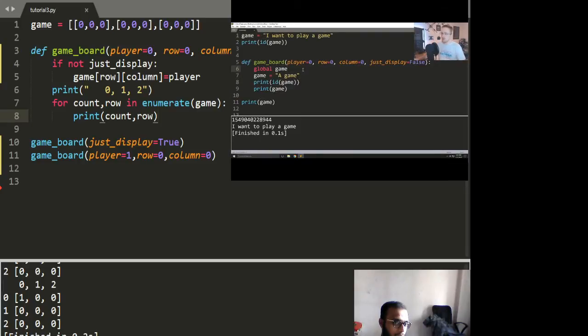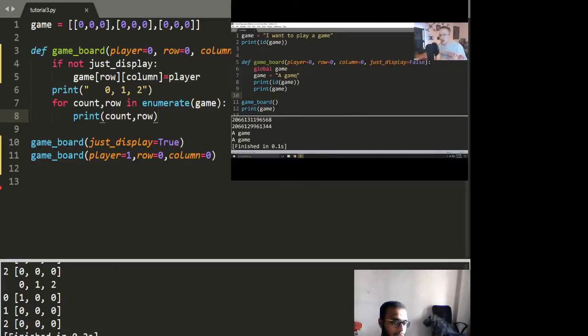So for example, if we run this, we've globaled game, we're not passing game board. Of course, I continue to run into that, and I keep trying to run it, and I'm like, wait, it's not doing what I said it was going to do. Okay, now,